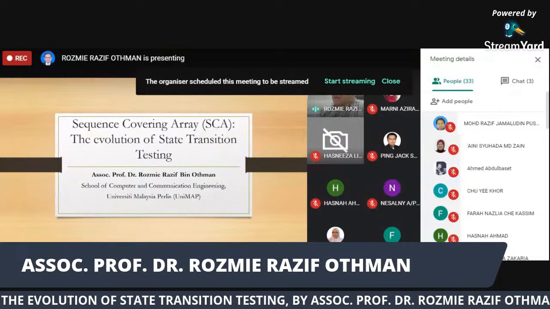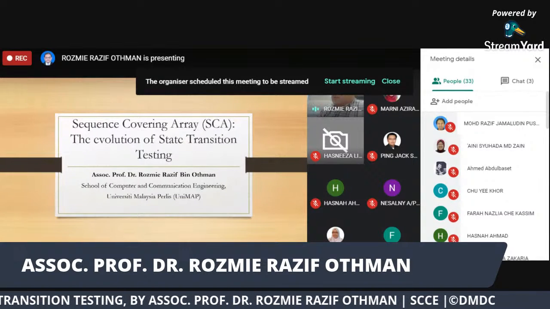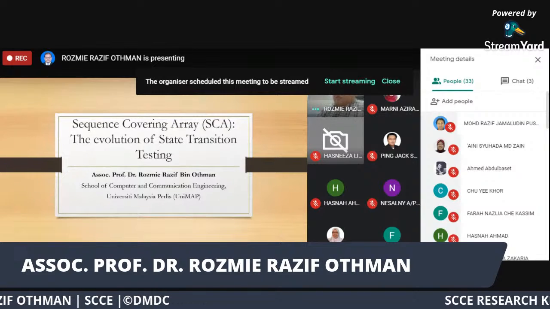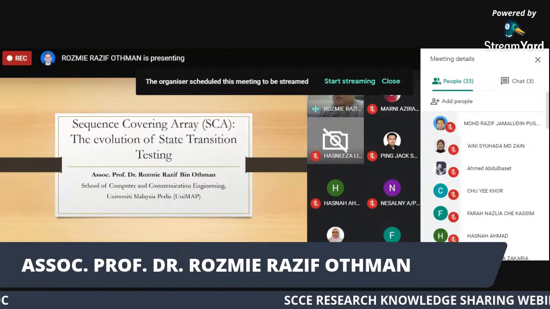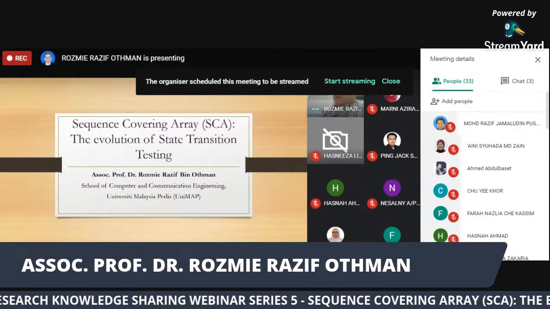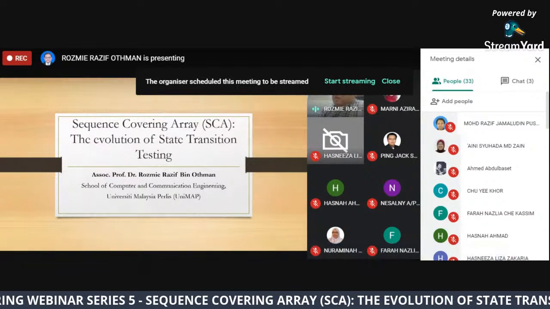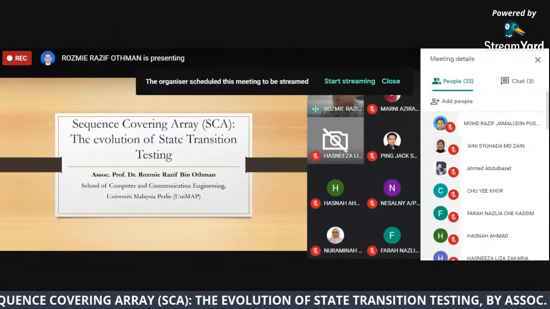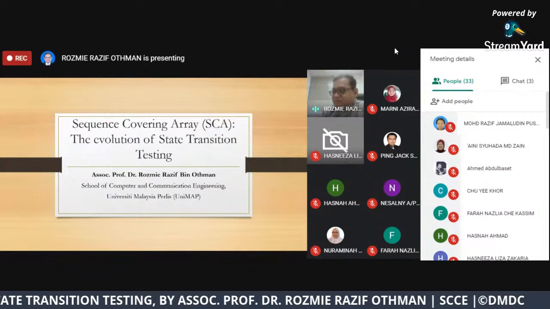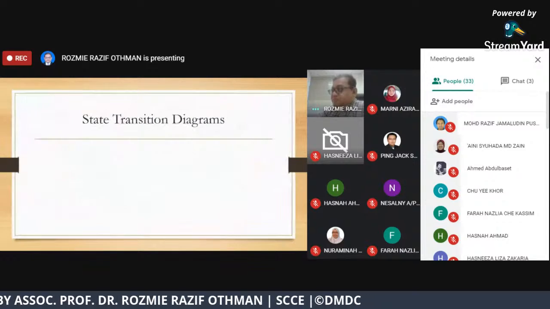For today's talk, I try to introduce what we call sequence covering array. This sequence covering array is a new technique in test design. It's coming from state transition testing. So we will go through that kind of testing step by step after this.